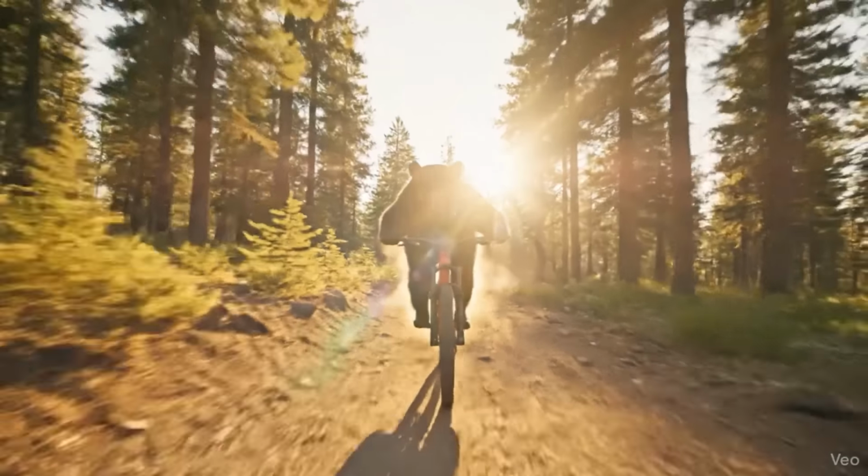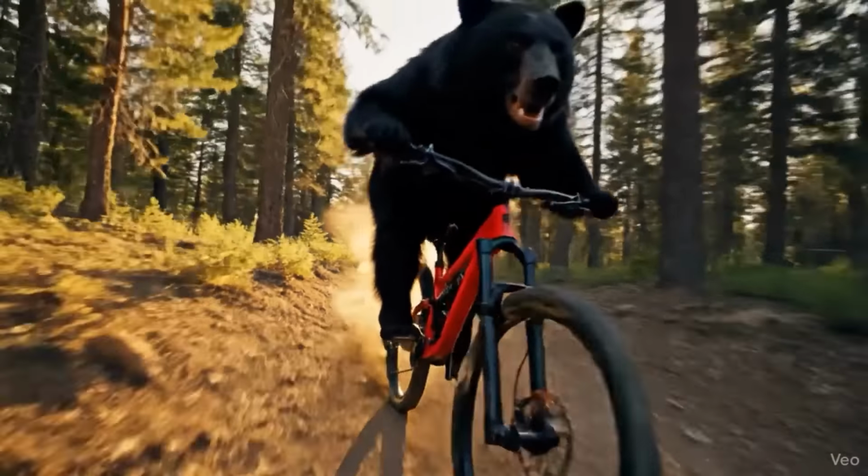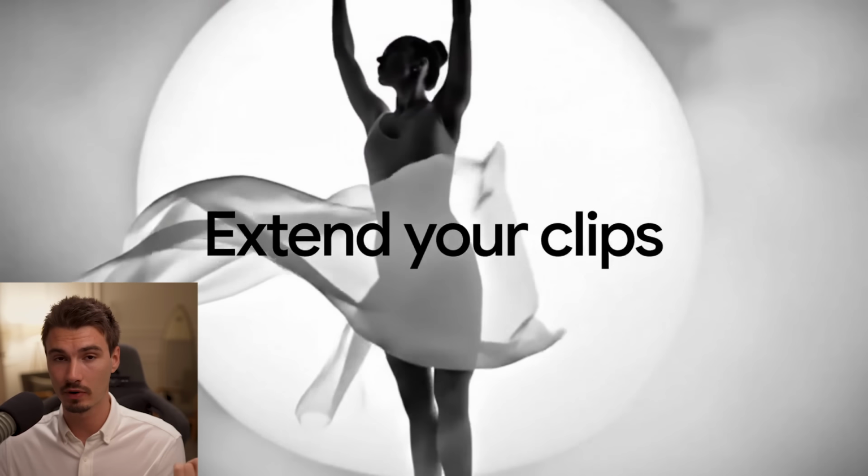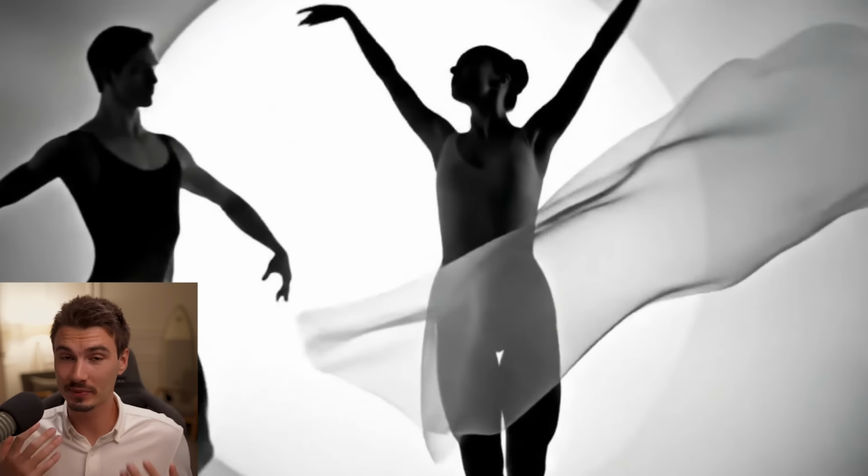And the main selling point of this is not revolution in audio-visual quality. It is the fact that it is able to work with features now that are essential for people who want control over this thing, things that just haven't been possible before with Veo Free. Their wording of this is that the model has a deeper understanding of how to bring concepts to life, but